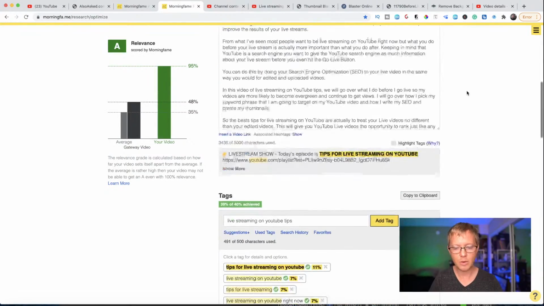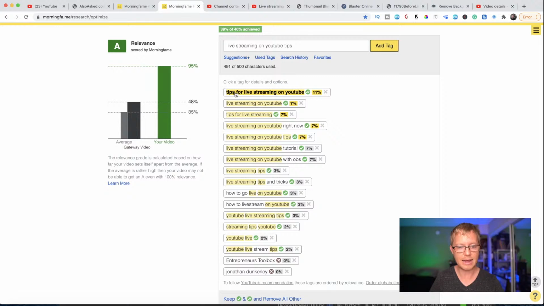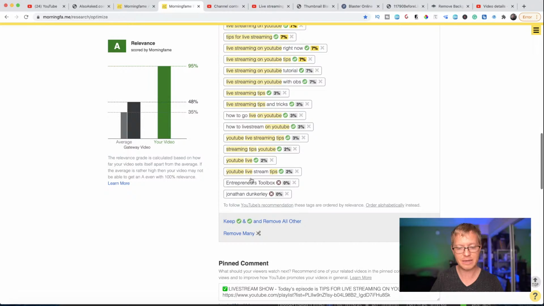Then I focus on the tags next. I always take the actual keyword and add that in as the first tag, because it has the highest relevance. Then I work my way down and make sure I have at least 5 really highly relevant tags. And then I always add 2 extra ones: the name of my channel as well as my name as an additional tag, because it will help if somebody happens to search for my channel or for me by name. It will help them find me better.